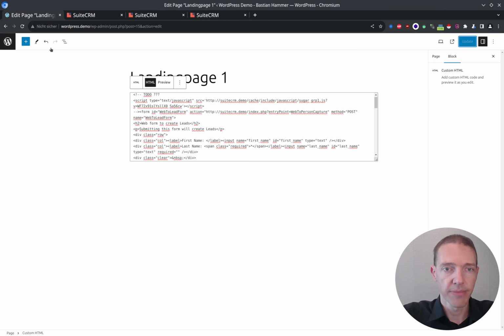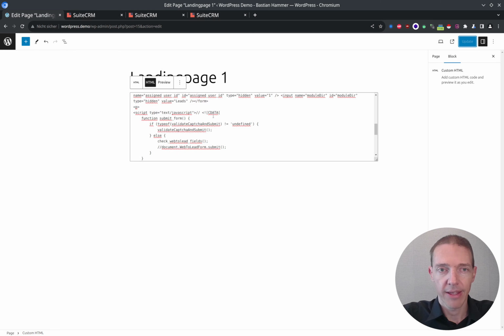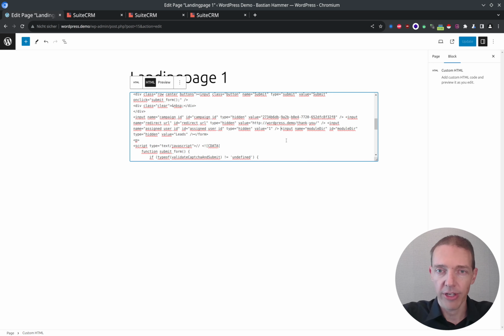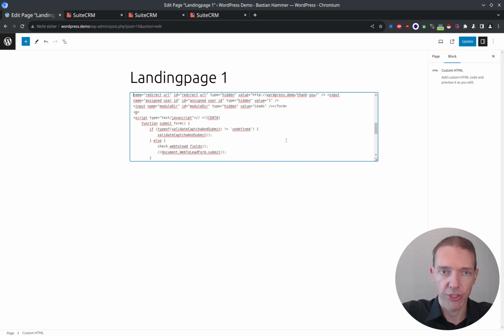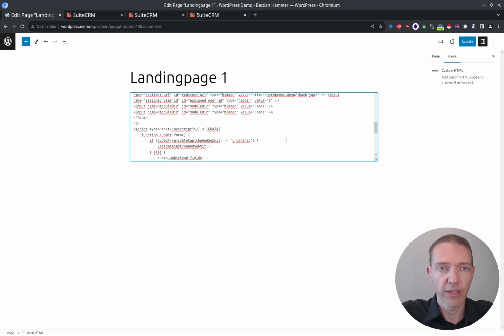Lead_source. And now you can see that the CRM system already generated some hidden fields for you, which is this one here, the module directory. So the module directory with the ID is a hidden field, and this is lead. So if you have targets, it goes into targets, and if you have got contacts, it goes into contacts. And we can use this one and simply copy this line of code here, paste it, and then we adjust it to our needs. So we want to have lead source,